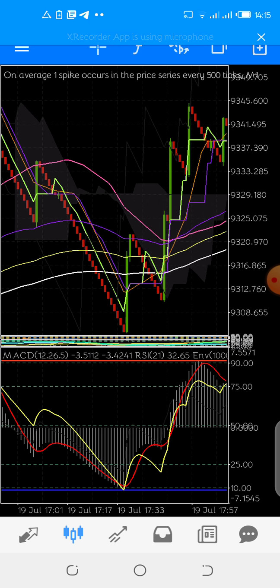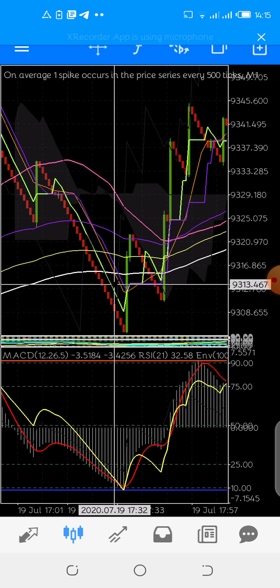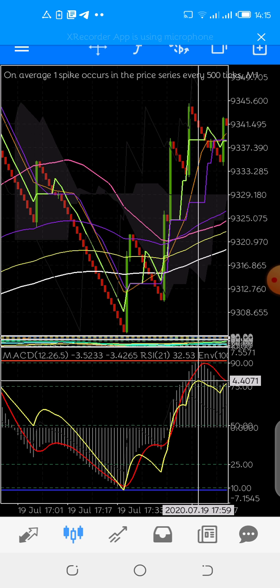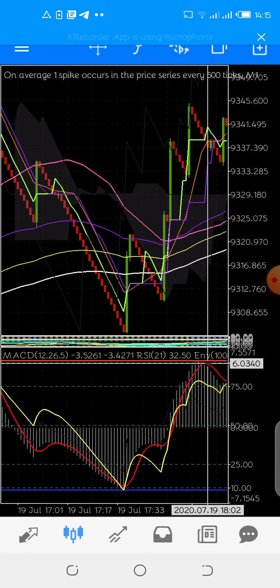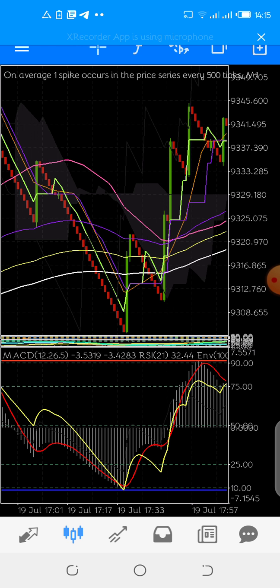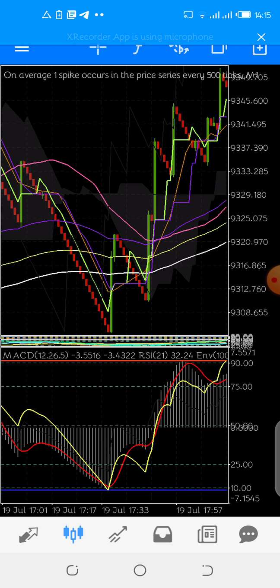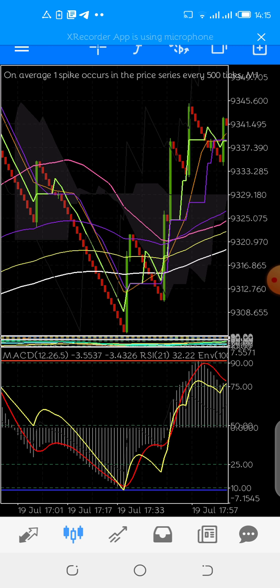This would have been another setup, but mark this yellow didn't cross with the red at the peak, so it was not a valid trade. And you see, because it didn't give us a proper setup in the beginning, that showed that the trend was to continue going up. Okay, so you have to be very keen with these